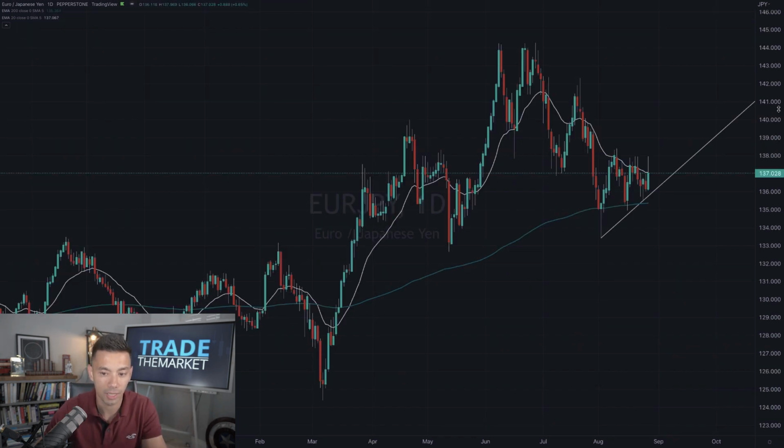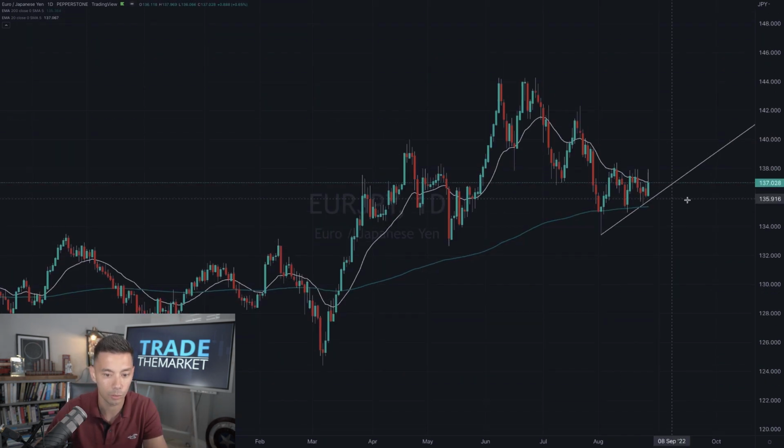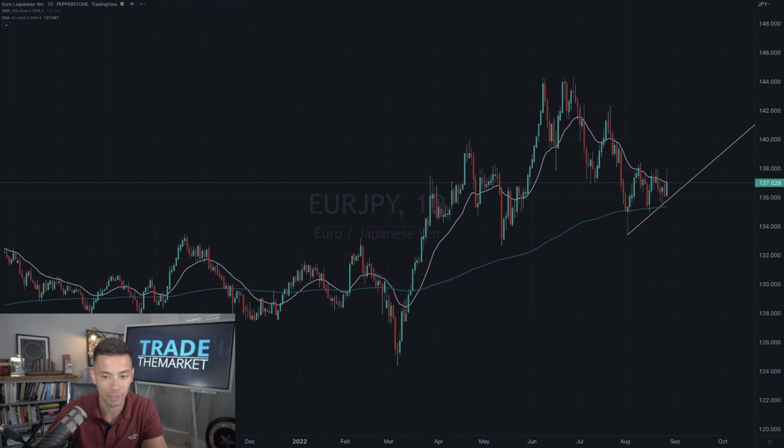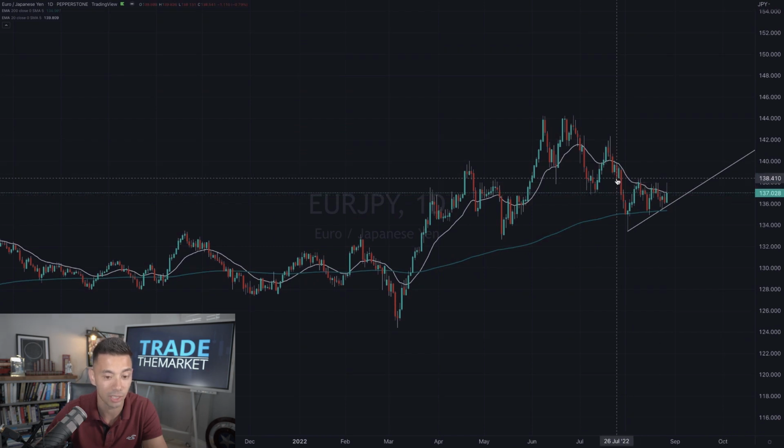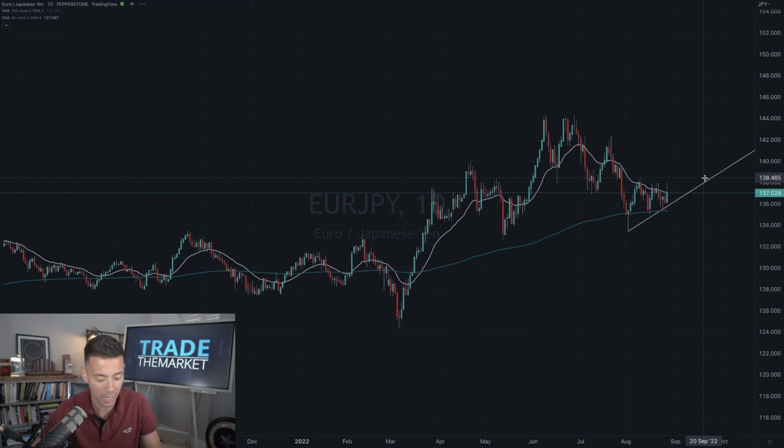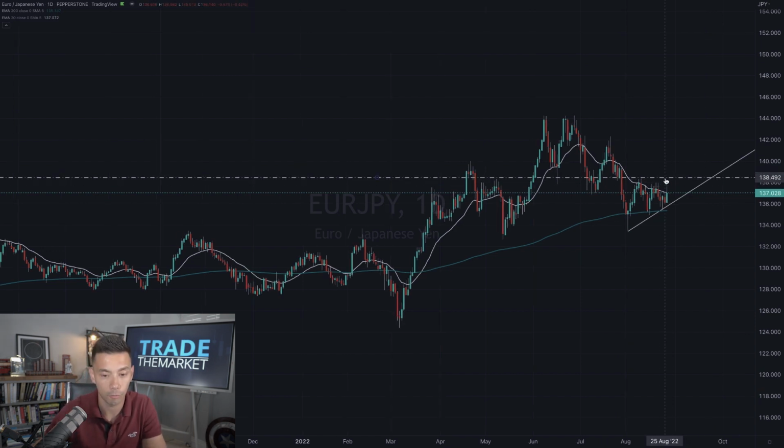The next opportunity is the euro yen. So last week we were talking about perhaps the market breaking through this trend line here. It hasn't done that as of yet, and it is looking like potentially it could break up. So the next situation we've got on our hands here is to put in a horizontal line of resistance over here at 138.49. We'll say that if the market breaks above that level, so if we get the momentum candle close above this level here, then we can be in on the very next day on the break of the high of that candle, looking for the market to push up towards these highs.